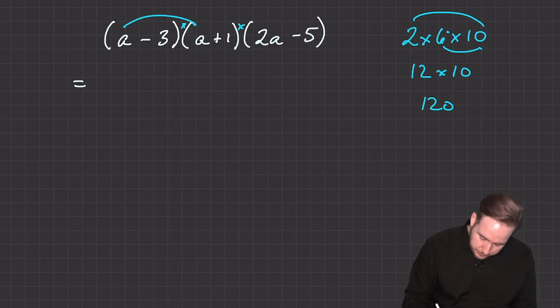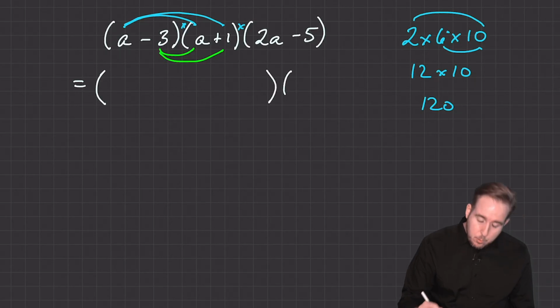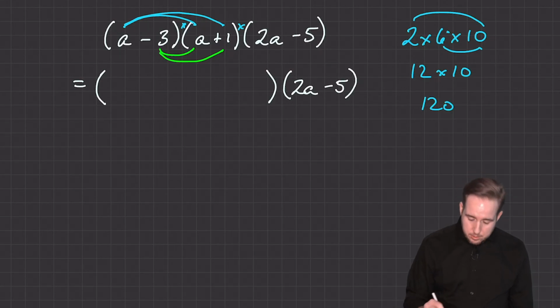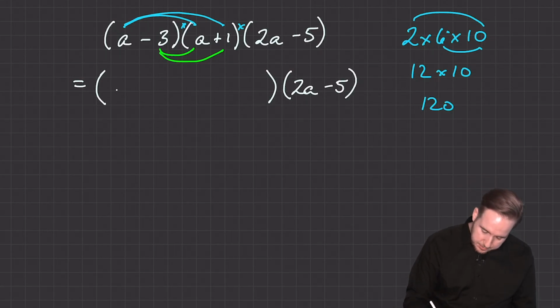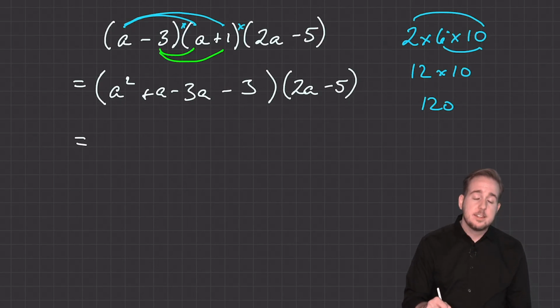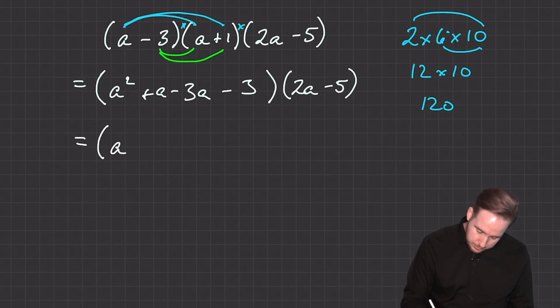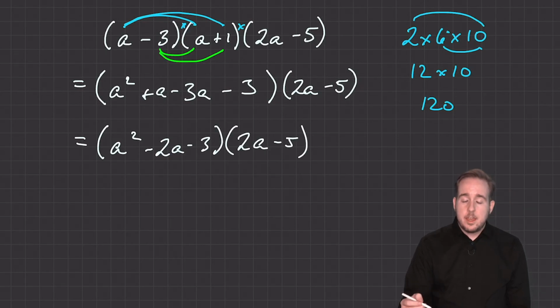So like that. There. But when I'm done at the end, I'm still going to have to multiply by this third one. Okay, but this one is a times a squared, plus a minus 3a minus 3. And I would rather collect these like terms than have 4 things to have lines coming out of. Okay, and then